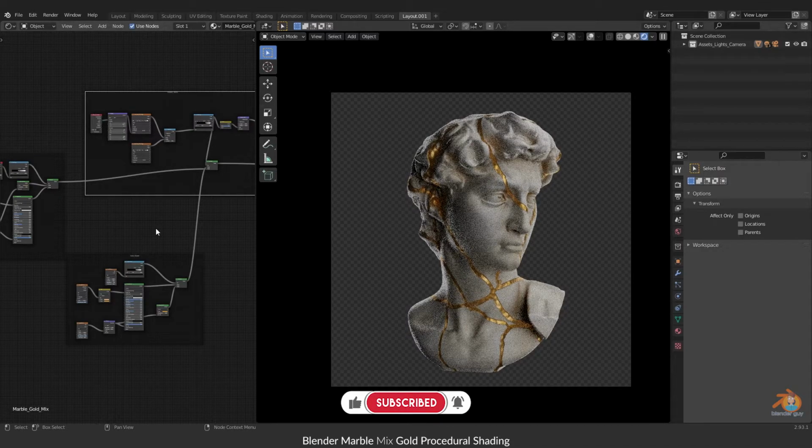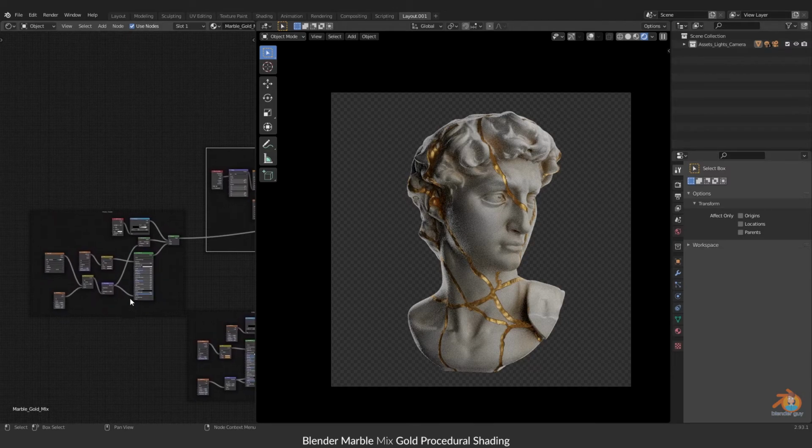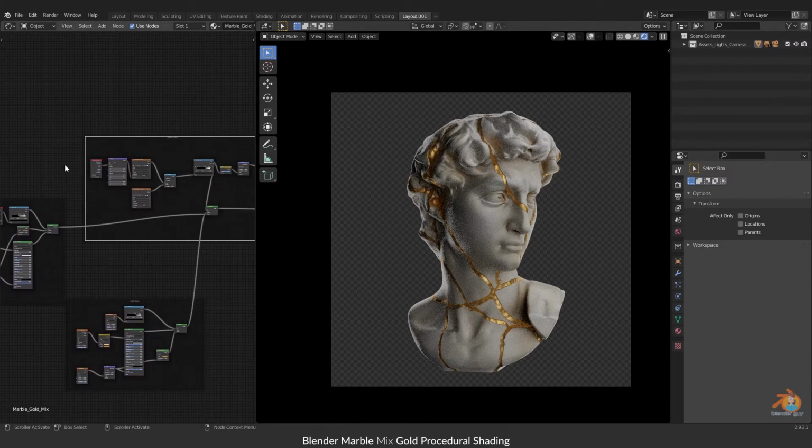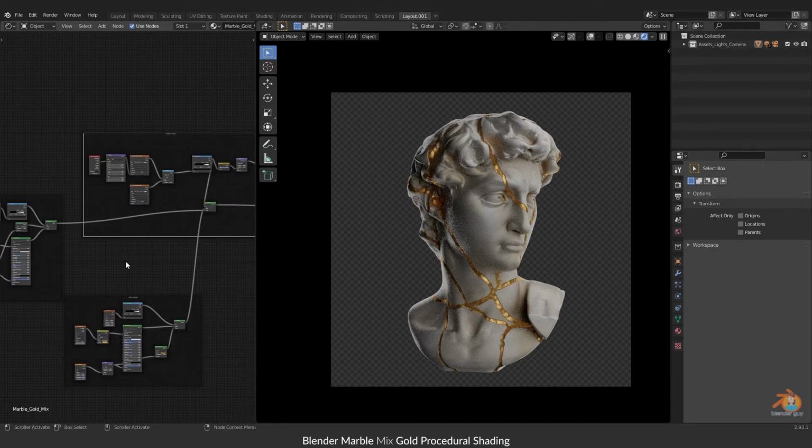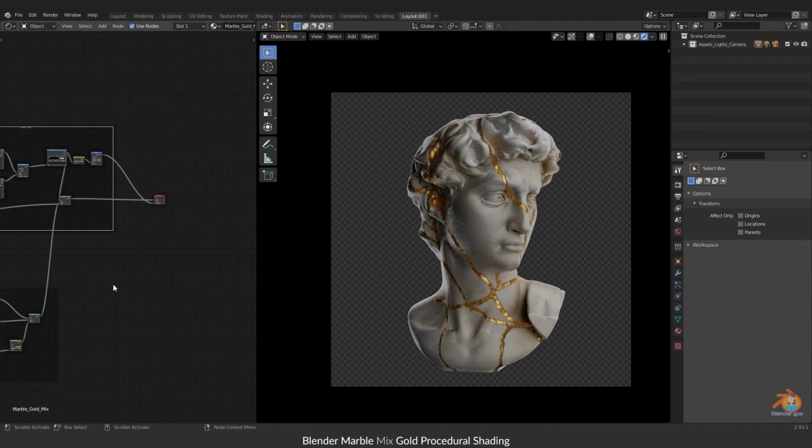I'm going to make detailed videos of whatever videos I have done till today, and I'll try to explain and show you the reference. I love procedural shading, and I'll be doing a series of videos on how I do procedural shading, how I create materials, and all the nodes. This is a basic one, not many nodes. I'll tell you in detail about procedural shading in the next series.